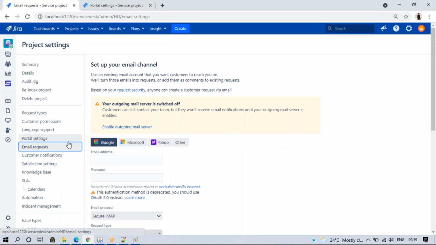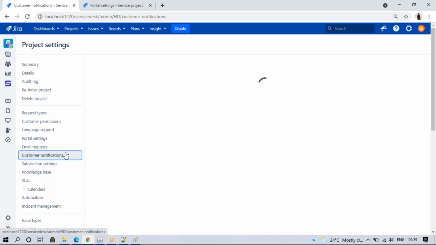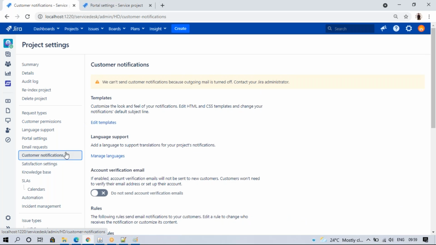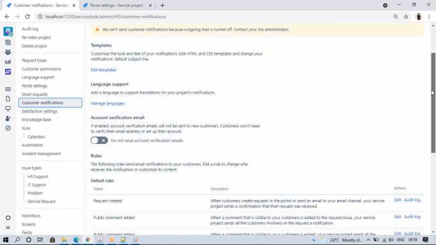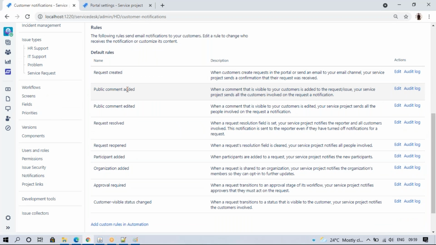Okay, so next email request. This email request will come up next because of the Jira email notification. I'll tell you how it works later. Okay, so customer notifications, which are helpful when a ticket is raised, public comment added, comment edited, request resolved, request reopened.